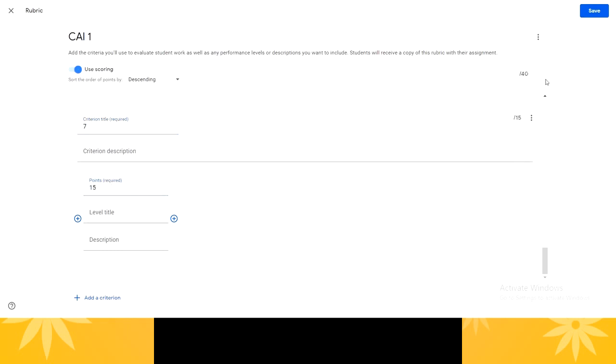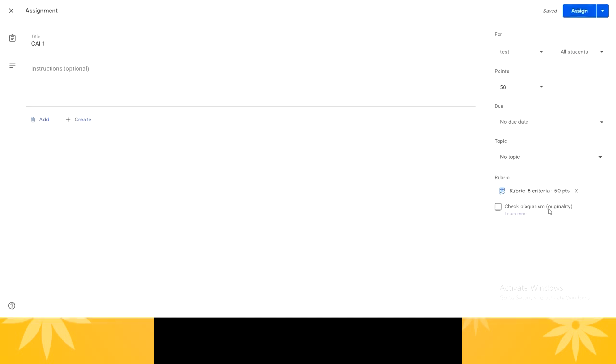So as of now, it is 40 marks. So I'm adding one more question for 10 points. Okay. Now we got the marks rounded to 50. Okay. So after this, whatever the level you want to add, that you can add it here. Right. Now we can save this option. Now rubrics is being created. You see, rubric 8 criteria are used, 50 points are allotted to this.